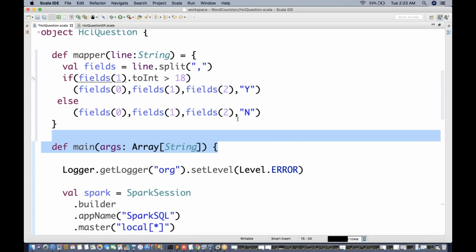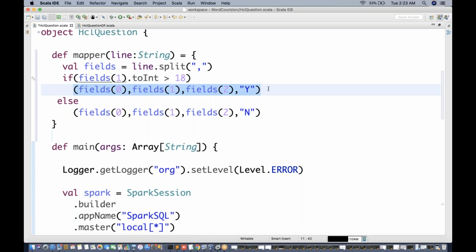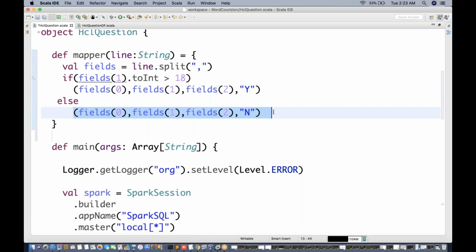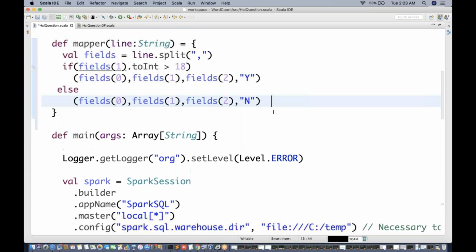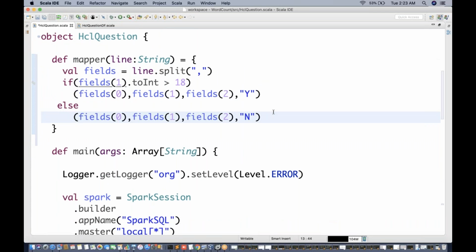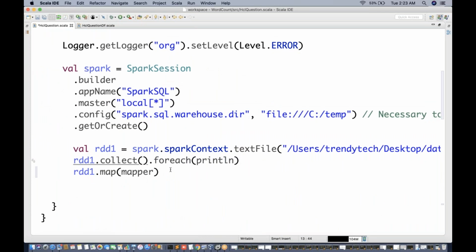So you can see this: if the age is greater than 18, we return this, otherwise return this, correct? This is the definition of my mapper method. I have called this from here, right?